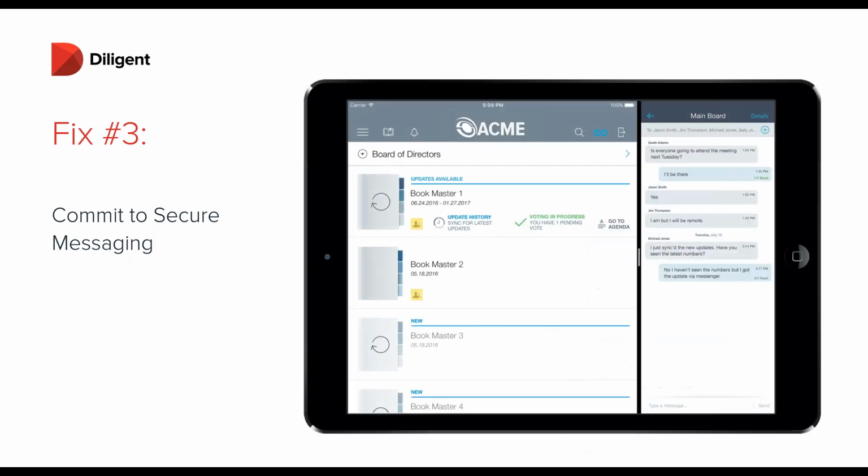It's also available on web and on iPad, and if you use it on iPad, you can actually use it with Diligent boards side by side, and you'll be able to have these conversations with directors. Only your fellow board members and board affiliates are going to be in Diligent Messenger, so you're not going to risk sending it to people who aren't on your board. You'll be able to have these conversations all in the same security envelope about the materials you're looking at while you're looking at them.